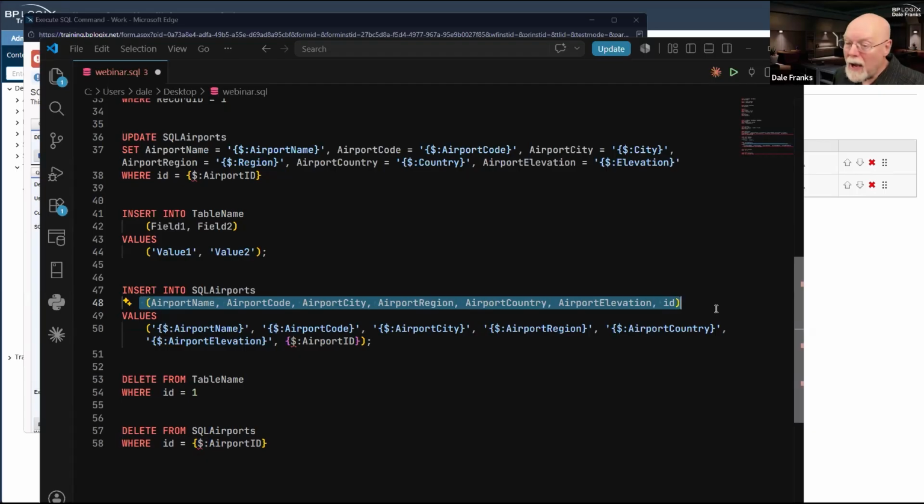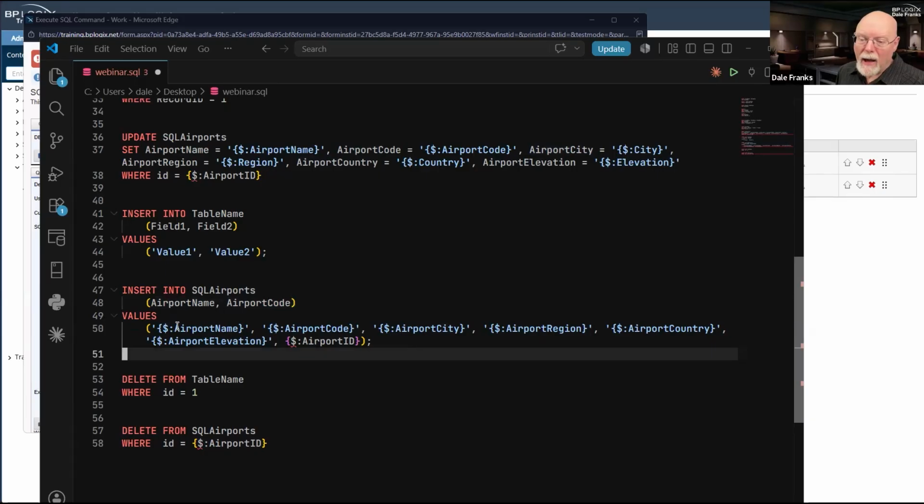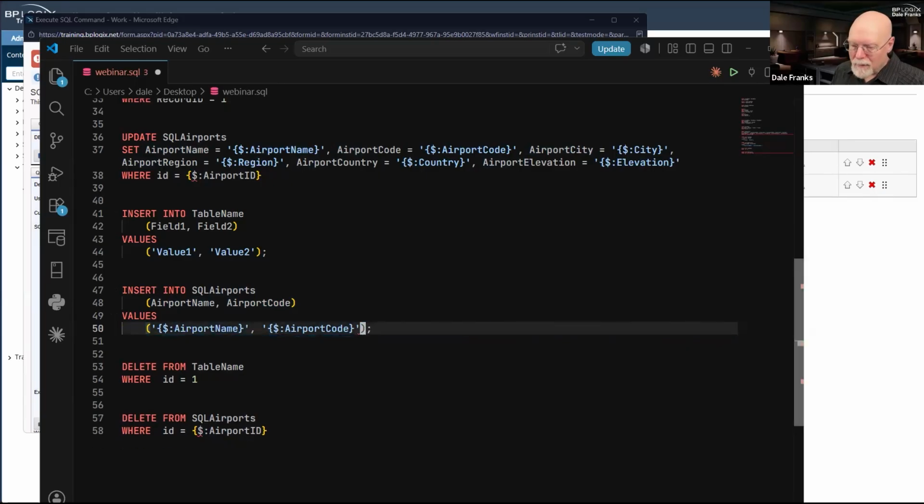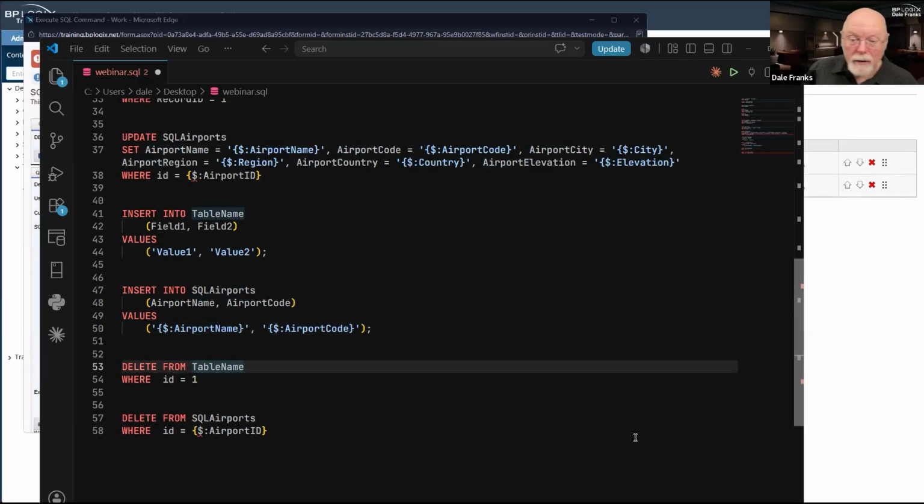You don't have to. I can insert a new record just by doing that. Obviously, I'd have to change the values here. So I guess we'll have to fix that. But technically, this is good. And inside the new record, it will only create a record with airport name and airport code.